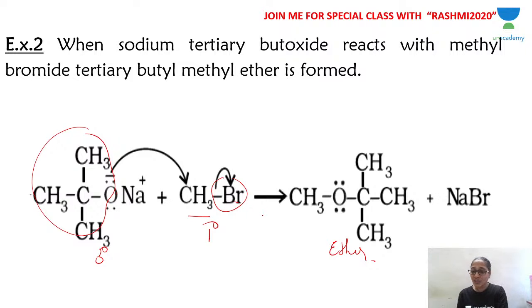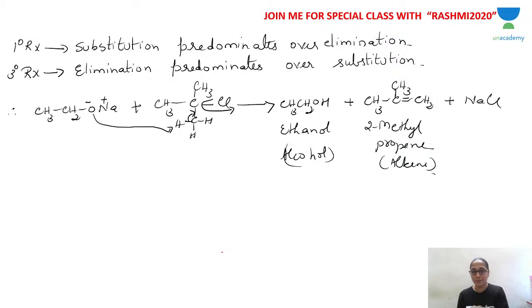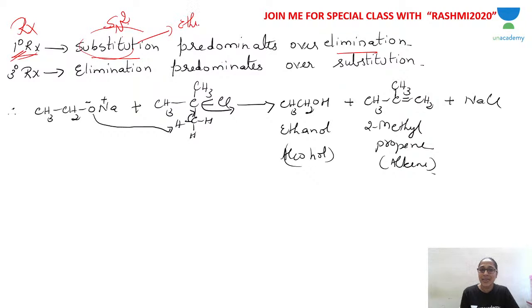Now, here actually I had stopped and I told you what happens if you take tertiary alkyl halide. As long as the alkyl halide is primary, substitution reaction predominates over elimination reaction. So substitution takes place, SN2 mechanism, substitution nucleophilic bimolecular. You will get ether. Ether is the product. So as long as the alkyl halide is primary, nucleophilic substitution reaction will take place following SN2 mechanism.